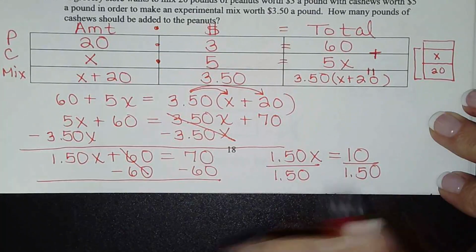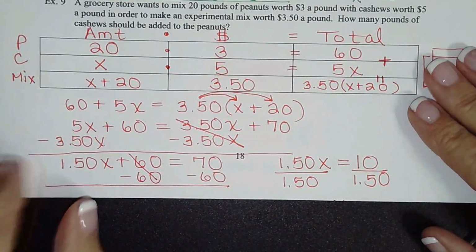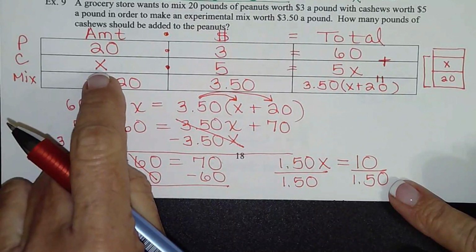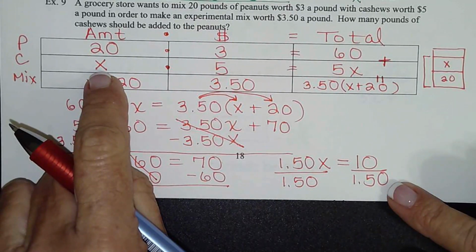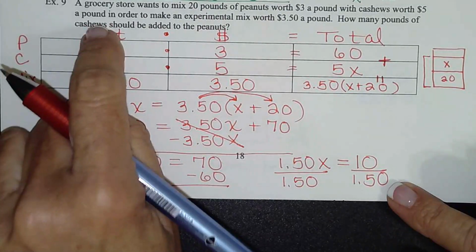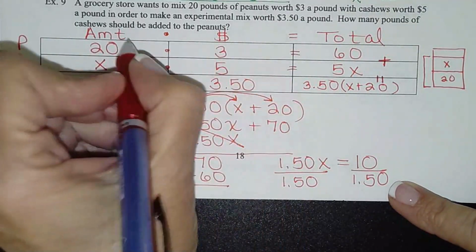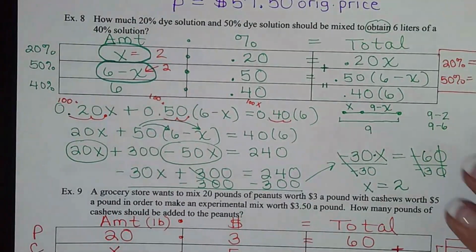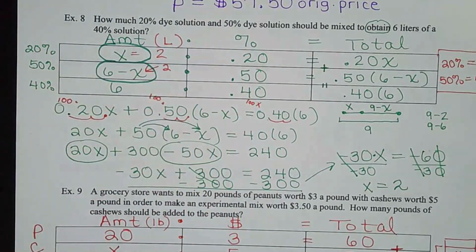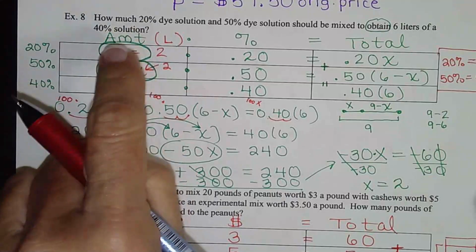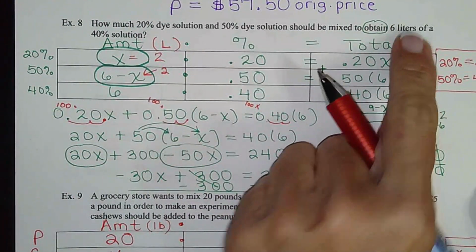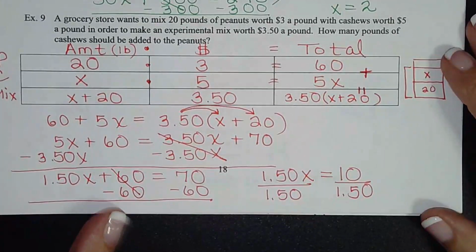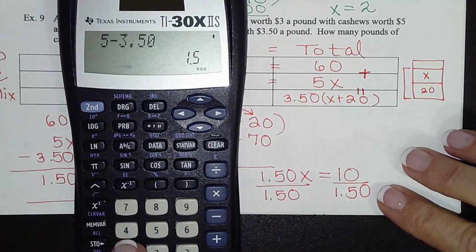And I always kind of like to look up at the table and see what it is I'm finding before I even type it in the calculator. Oh, I'm finding how many pounds of cashews are going to be in the mix. Because x is amount, and remember in this case amount was pounds, and that's another thing sometimes that I tell students to do just to remind themselves. Here amount was liters, and that just reminds you what your labels will be later. So this one was liters, this one is pounds. Okay, so 10 divided by $1.50